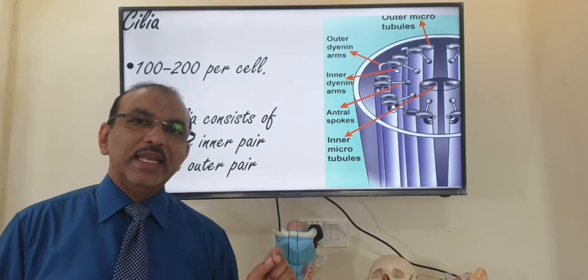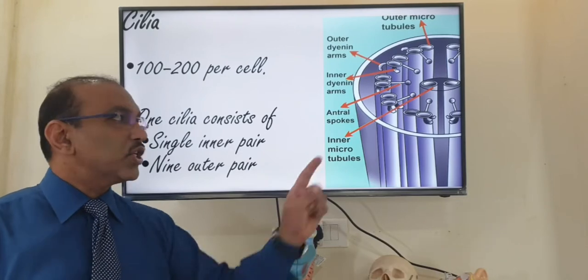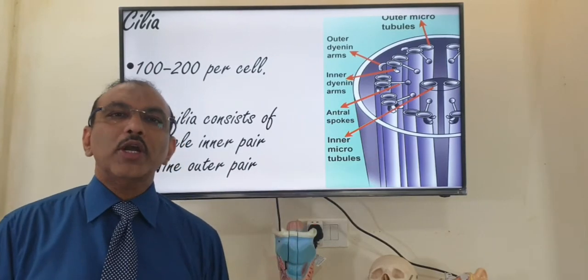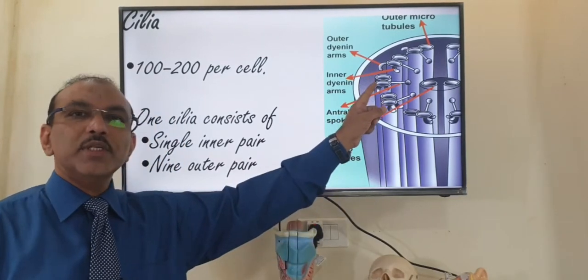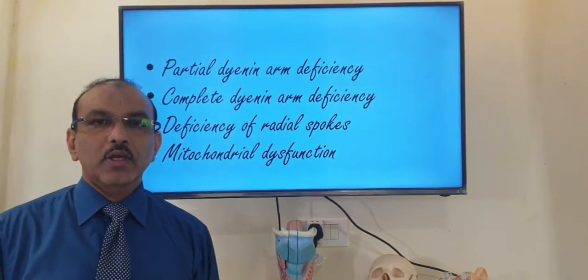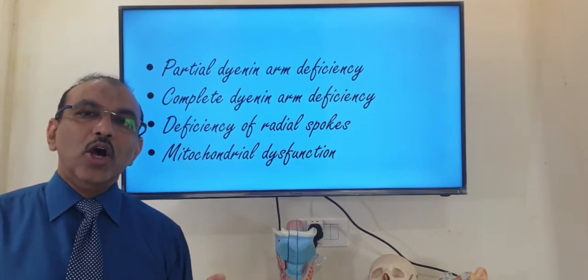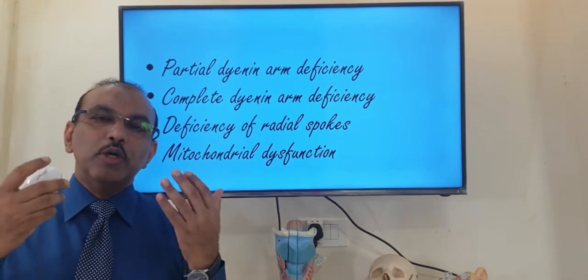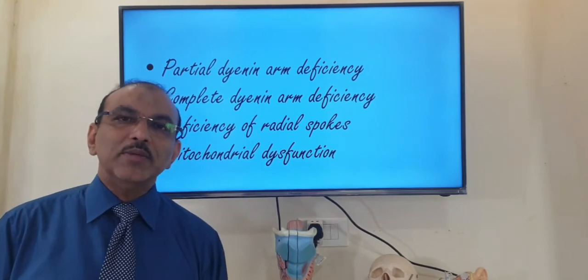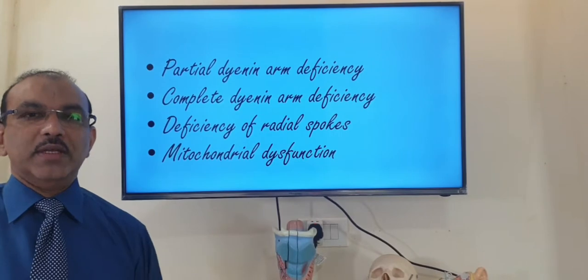In primary ciliary dyskinesia, congenitally, because of a genetic cause, the structure is not normal. Either the dynein arms are not proper or the radial spokes are not proper. So the cilia don't work normally. All the secretions which have to be transported posteriorly and down by the normal mechanism don't move, and you have pent up secretions in all the sinuses and nasal cavity.